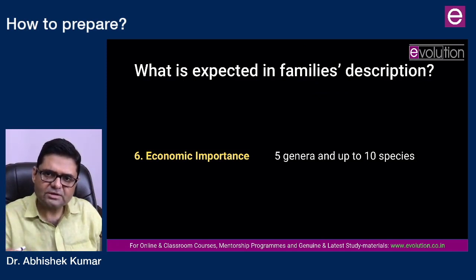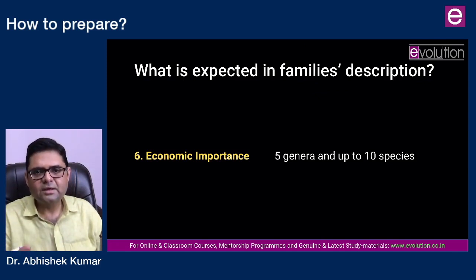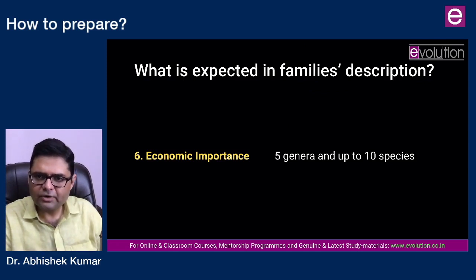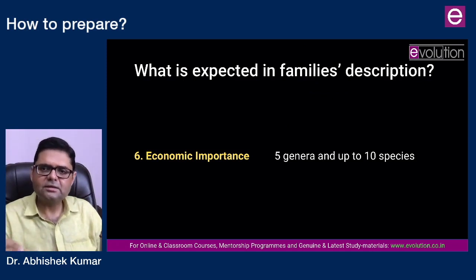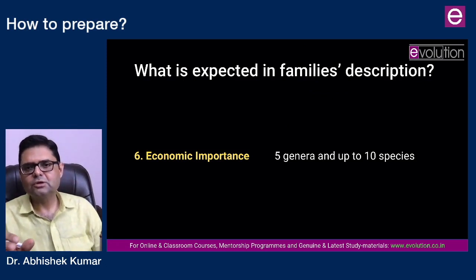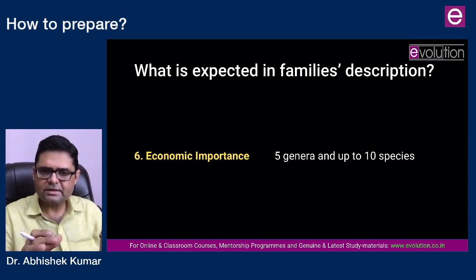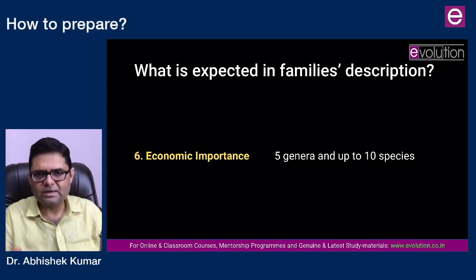Especially in the Forest Service examinations, sometimes they can ask you to write up to 8 species. So 10 species is a very safe range so far as you are covering the economic importance. And last but not the least, this will also aid in the preparation of plant resource development, because nearly all the major economically important plants that you will study under plant resource development, you will come across those plants here within the taxonomy itself. So that will strengthen your understanding of plant resource development as well. So it is an effort that is well worth taking.